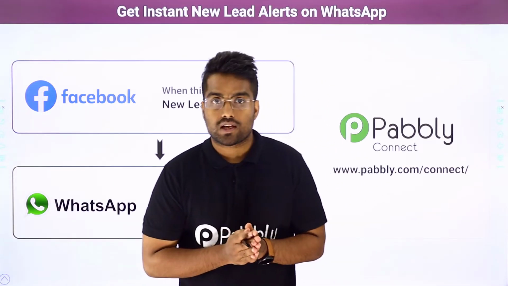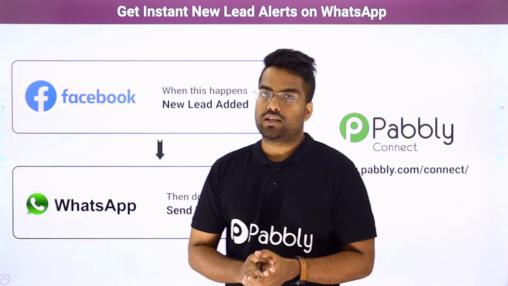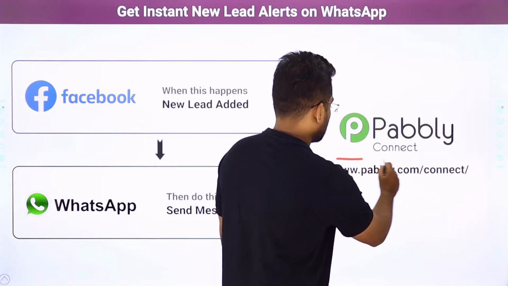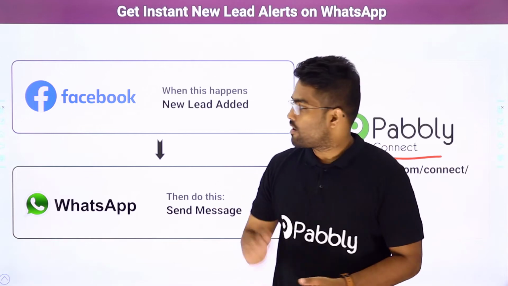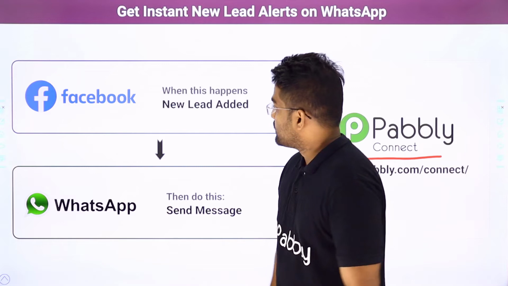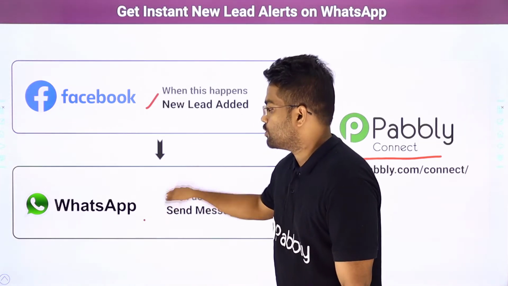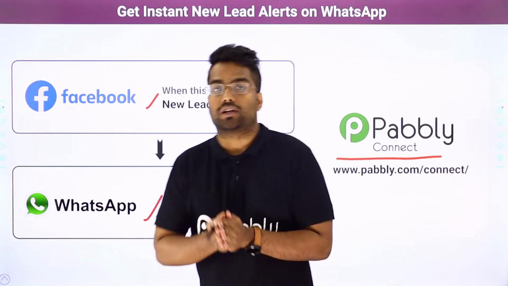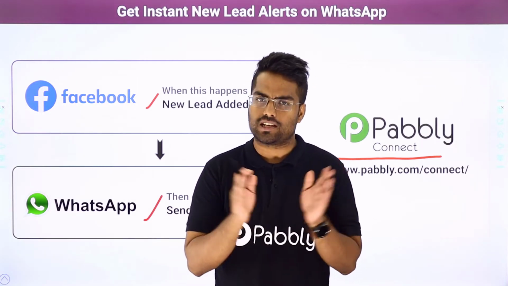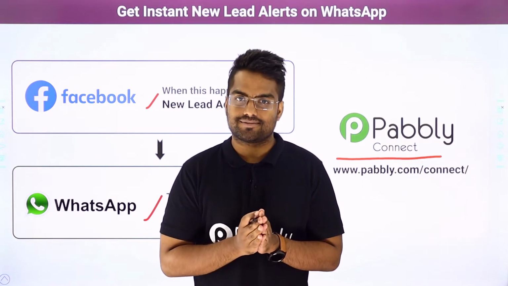Now the problem here is, there is no active integration between Facebook and WhatsApp. So in cases like these, we have to bring an integration and automation software called Pabbly Connect that will integrate Facebook and WhatsApp. What Pabbly Connect will do is, anytime there is a new lead created in Facebook, it will automatically send a WhatsApp message to you. Now the best part of using Pabbly Connect is, a person without any technical background can perform this integration very easily. Now before I show you the steps, how about we begin with a real-time example.